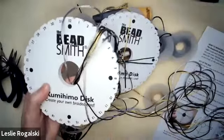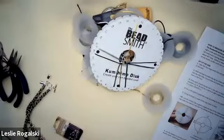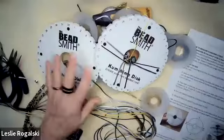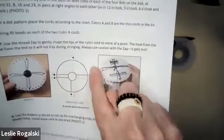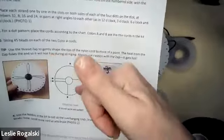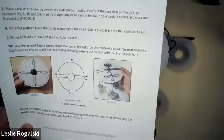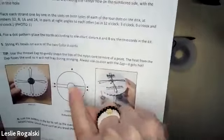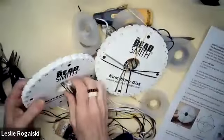to form the spiral pattern that I've designed for you to use these different colors. So we're going to start. When you work with Kumihimo to follow a pattern, you look at diagrams that look like this. It's the circle that represents the disc, and then you have cords running at 12 o'clock, 6 o'clock, 3 o'clock, and 9 o'clock, or northeast, southwest, you can refer to it. Your diagrams will show you where to position the different cords that you're using. So for this pattern,